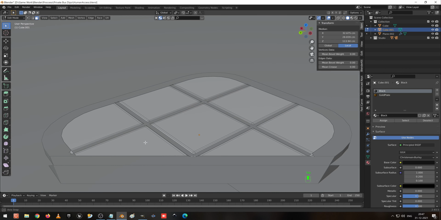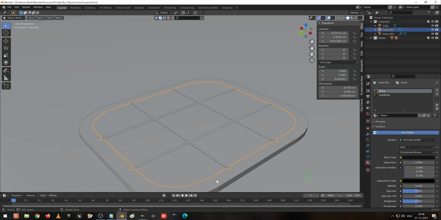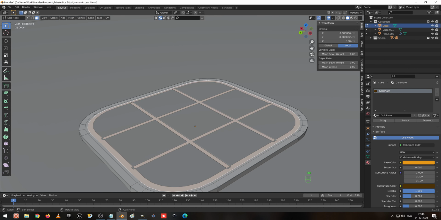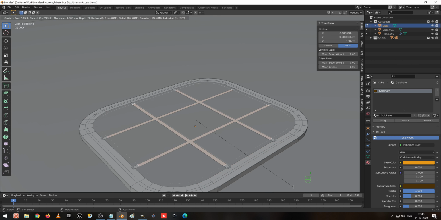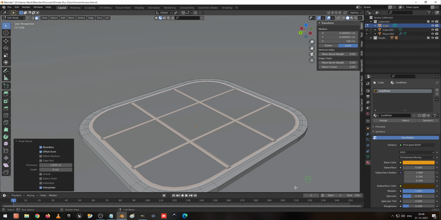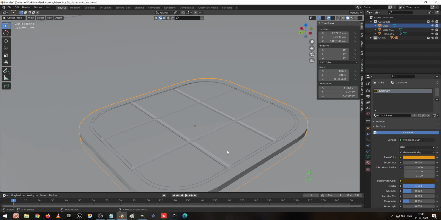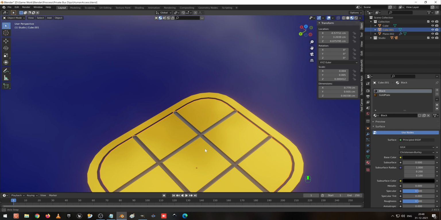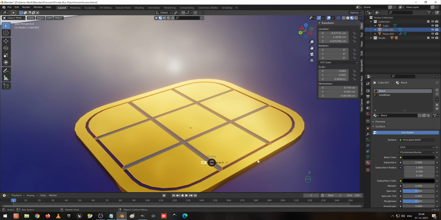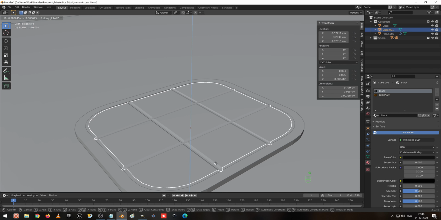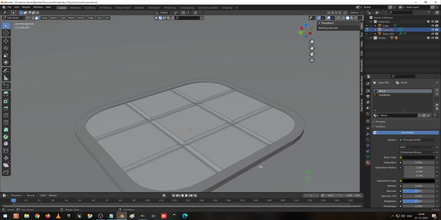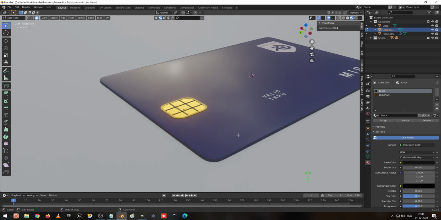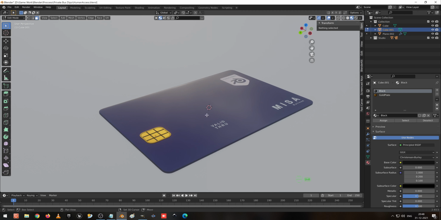So what's the reason? Go to object and go to edit mode. Press I to inset and X to delete the face. Go to object. Now go to the material preview. Okay, it looks nice. And now go to solid view again, and G Z to move slightly down and S to scale it up slightly. So now we can go to the wireframe and see. Yeah, so now the card looks fine.